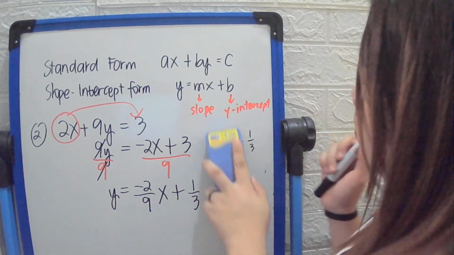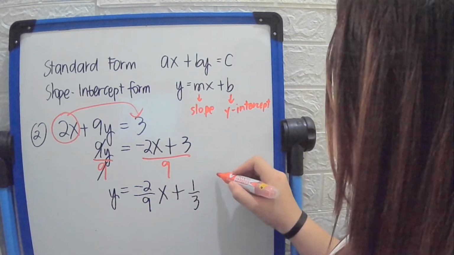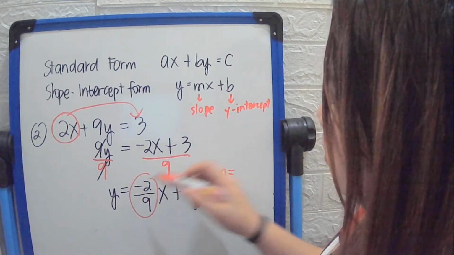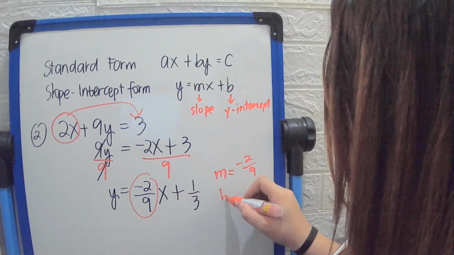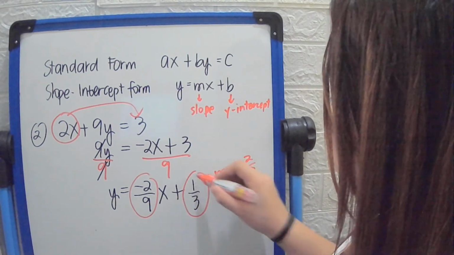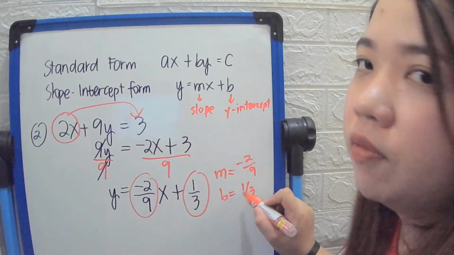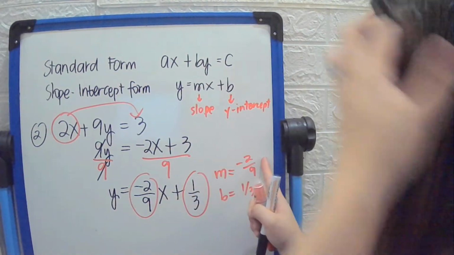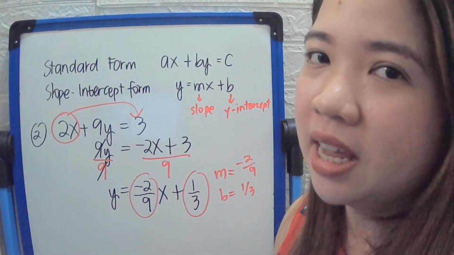Okay? Now, what is the value of the slope? The value of the slope is the number before x. So, negative 2 over 9. And our y-intercept here is this one. 1 over 3. So, if this is minus, this is negative 1 over 3. Okay, now, again, if your slope is negative, what is the behavior of the line? That's correct. It is inclined to the